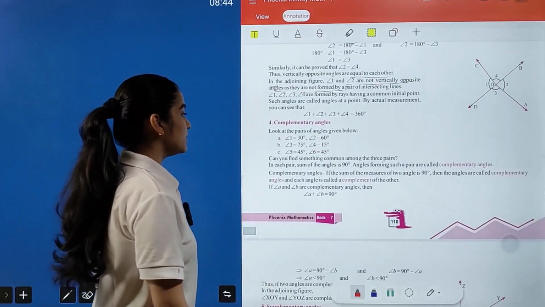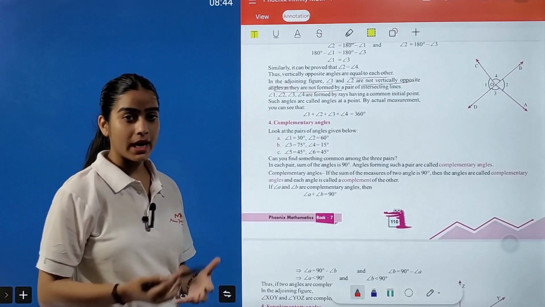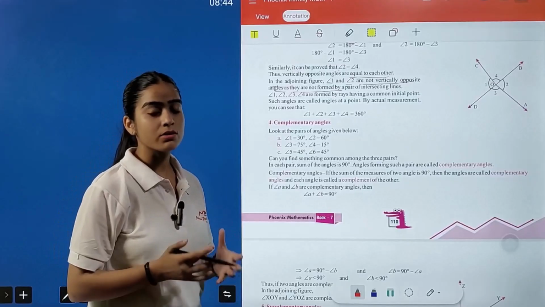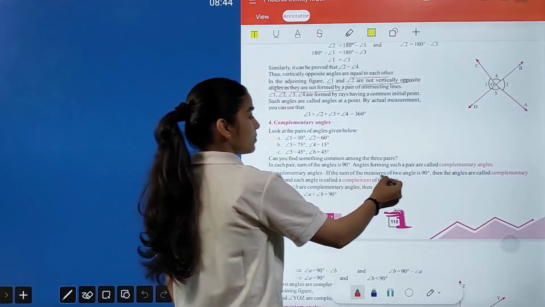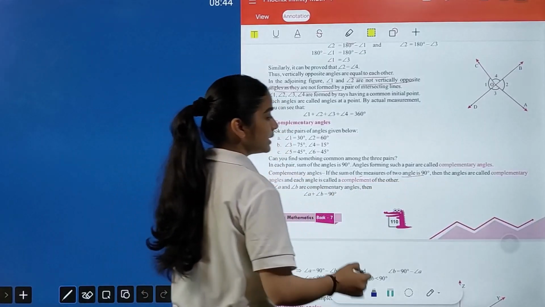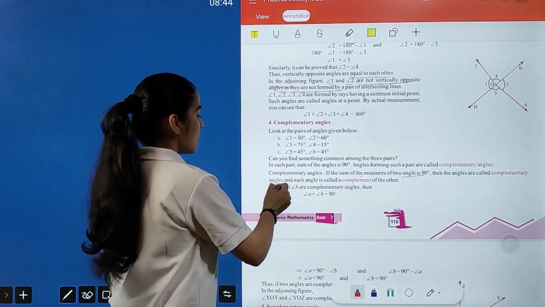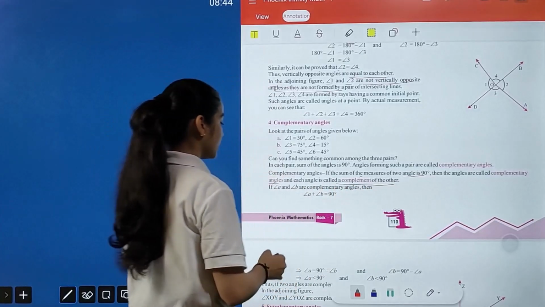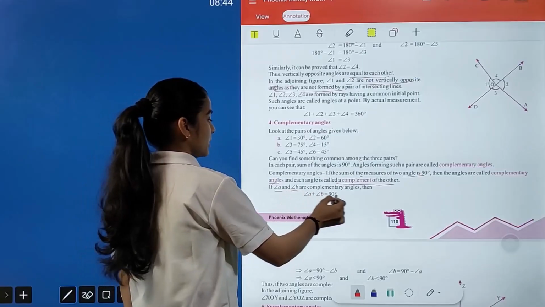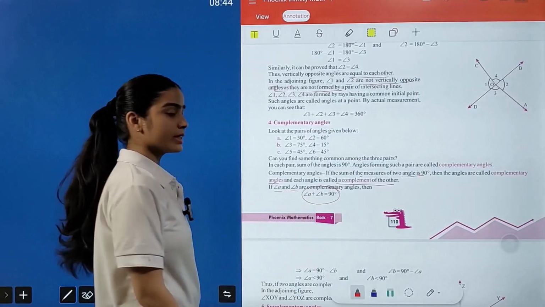Next, we have complementary angles. When the sum of a pair of angles is equal to 90 degrees, it is called complementary angles. If the sum of the measure of two angles is 90 degrees, then the angles are called complementary angles and each angle is called a complement of the other. So angle A plus angle B is equal to 90 degrees. It means they are